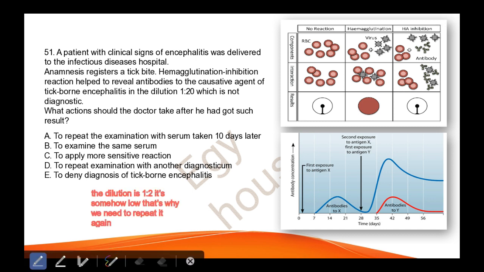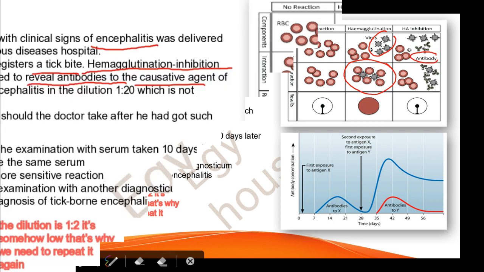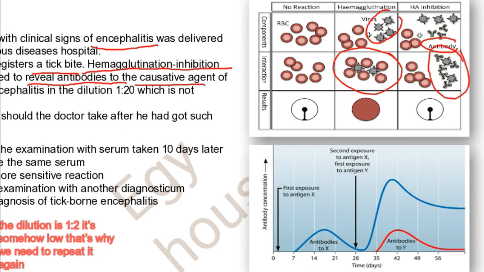In this question, the patient was having clinical signs of encephalitis through a tick bite disease, and the hemagglutination inhibition reaction revealed antibodies to the causative agent. So here we have the virus and the antibodies. You can see here that we have hemagglutination because of the interaction of the virus with the RBCs, but here, since we already have antibodies formed within the blood, the RBCs remain intact and we have inhibition, hemagglutination